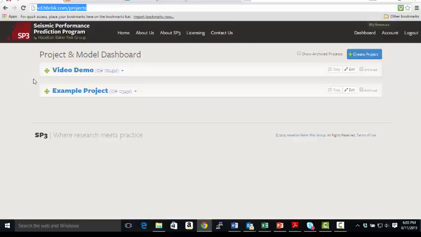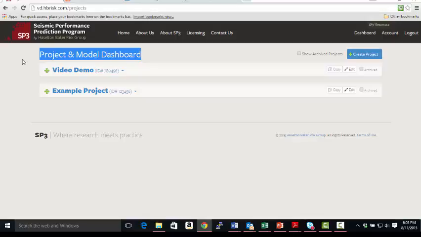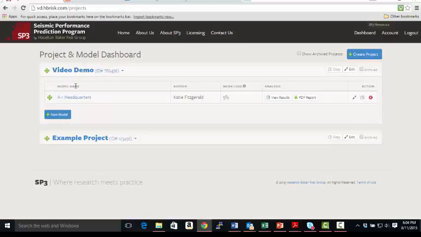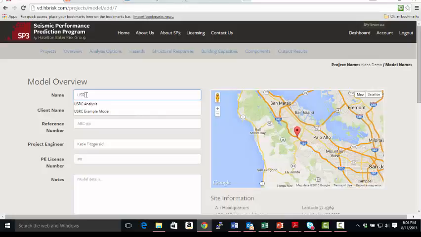We'll start out in the Projects and Models dashboard. To access this page, you must have logged into your company account. Let's go ahead and start a new model in our demo project. This brings us directly to the overview page for the new model. We will fill in all the model identifying information at the top of the page